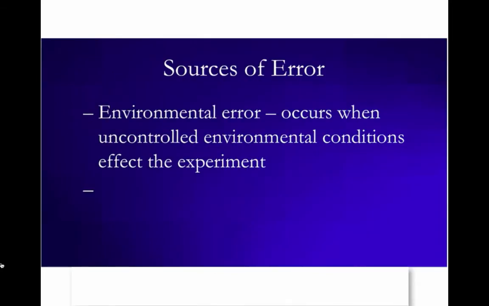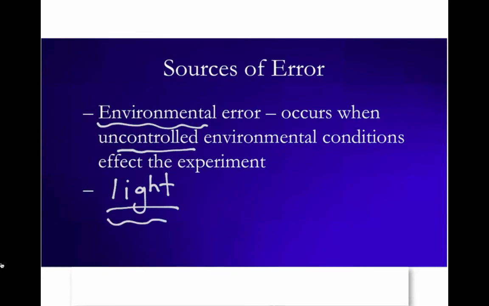Another source of error comes from just the environment around you. This occurs when uncontrolled environmental conditions affect the experiment. So we do our best to control our environmental conditions. We just can't always do it. For example, we have a lab coming up where light that's coming in from our windows or from our overhead lights is going to interfere with the accuracy of our measurement of the light coming from a reaction. So the amount of light that you see is going to make a difference in your measurement, and that's an